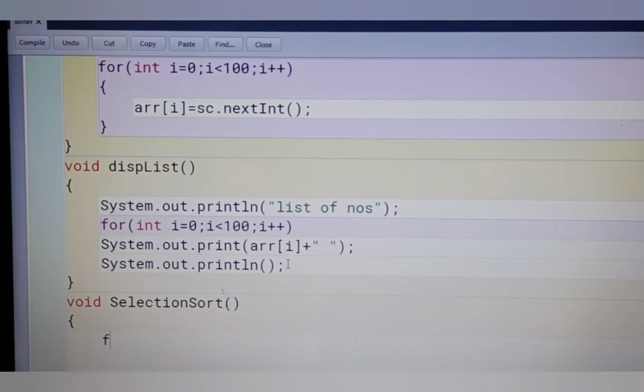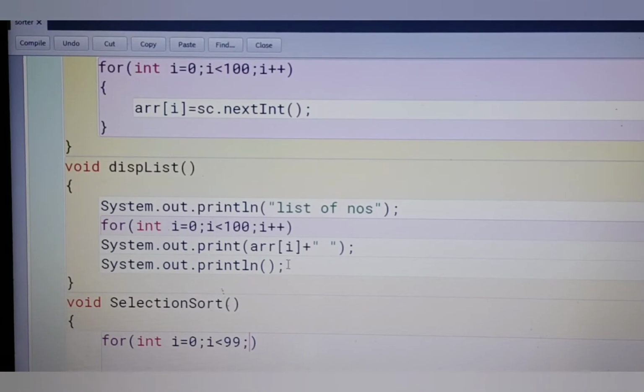Start the loop: int I is equal to 0, I is less than 99 because the size of the array is 100, then I plus plus, then the block of the for loop.